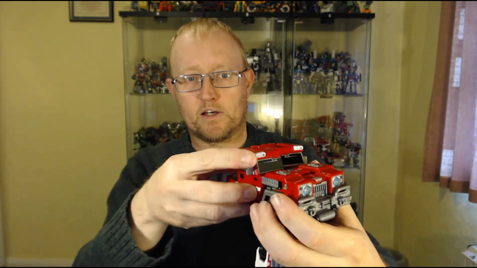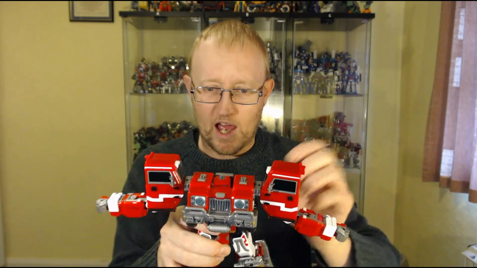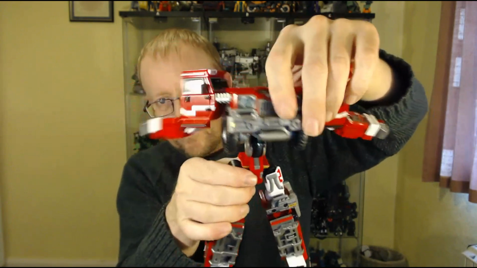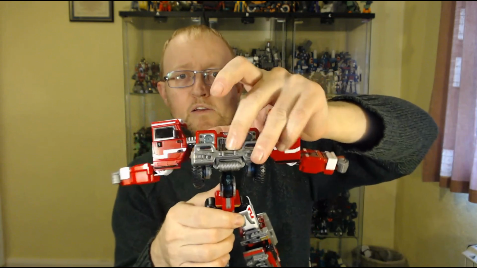You pull them back, one click, and then they hinge out on these joints. And now this is where you need to pop the head up, because these sliding joints slip in that way, and they hold the head into place. So you've got the torso on this double joint here, so you just fold that up, and then the head pops up. Let's do that again,